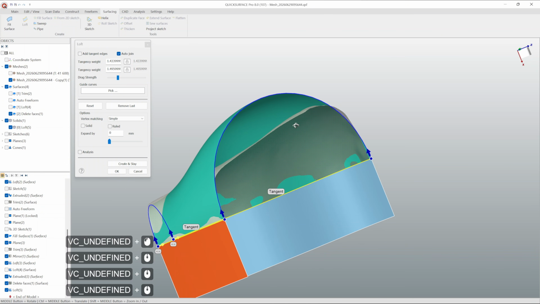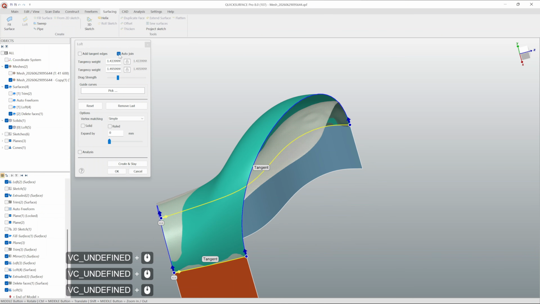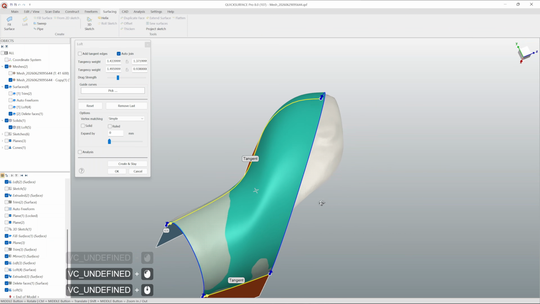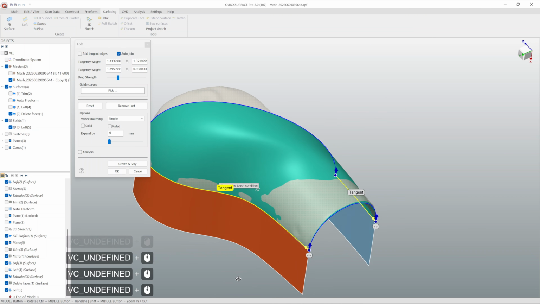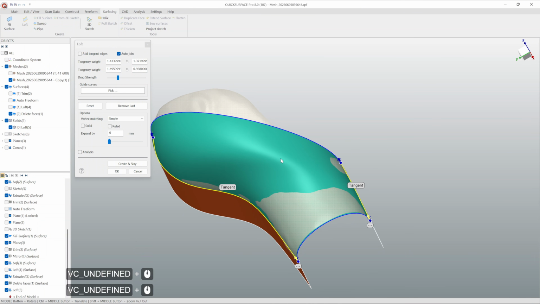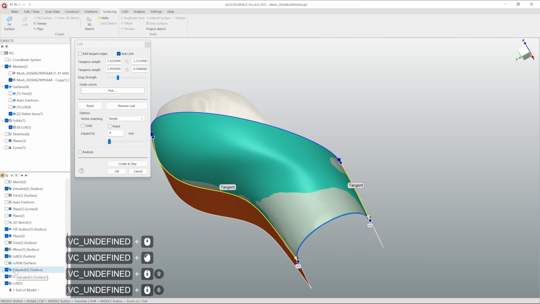Of course, we can influence now this backside by disabling lock of tangency control, so we can manipulate each of them. In general, you can see the shape, how it's being created, and already now we can see that it starts to fall off here and create here sharper corner. And at this point, if we start to introduce guide curves,